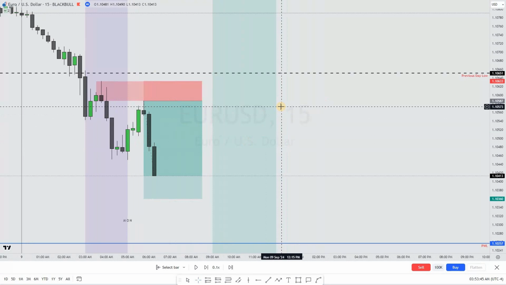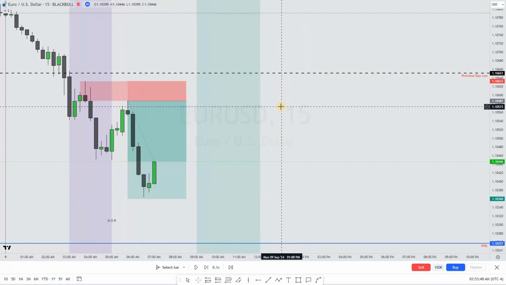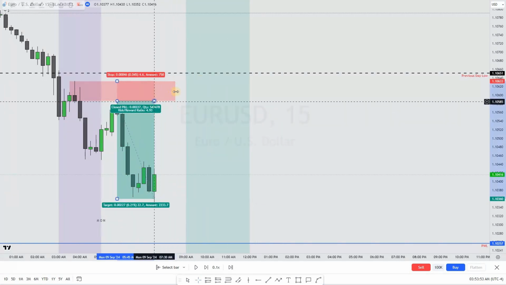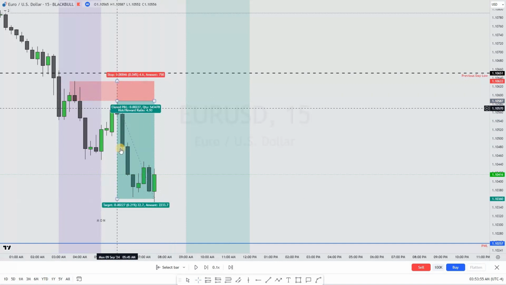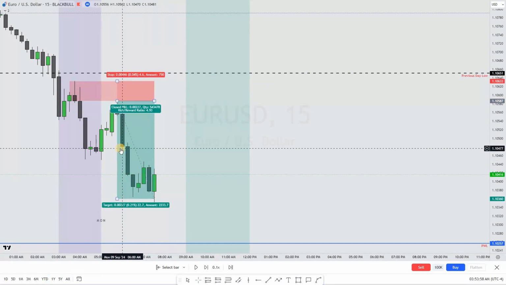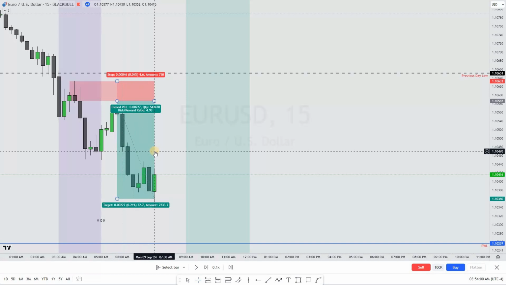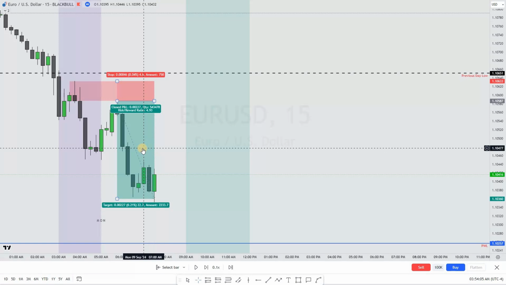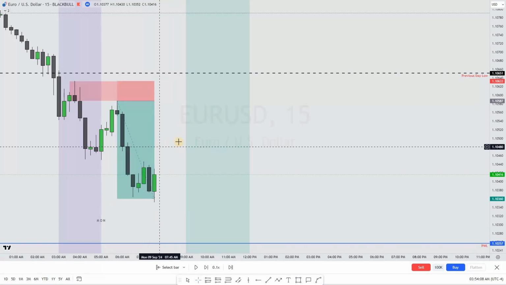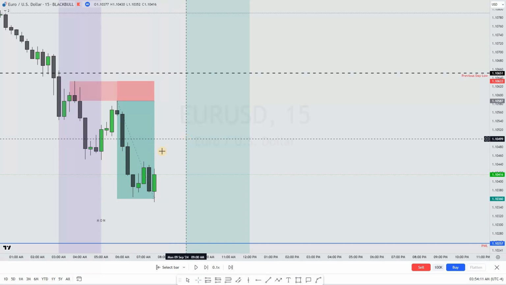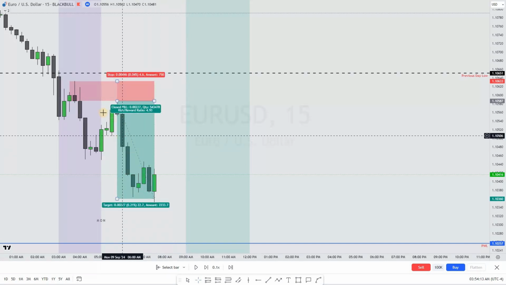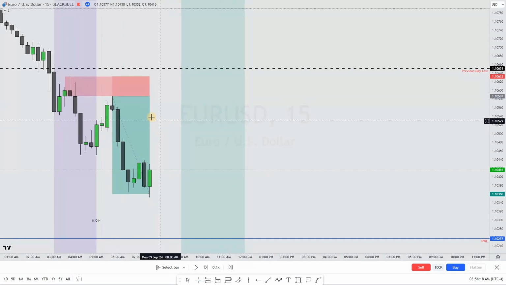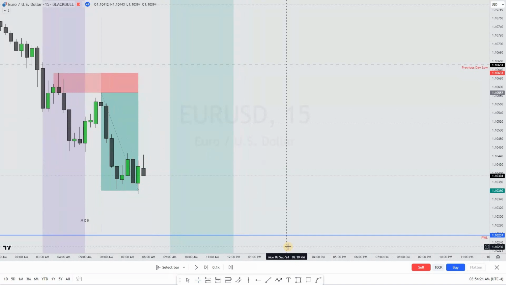As you can see, price moved, retraced, and then boom, I was out. So this trade, I categorize as a London session, even though we almost entered into the New York. Like this 7 a.m. is technically a New York open for Forex, but my New York open is 9 a.m. I usually still consider this as a London session because the setup was also during London session. So yeah, after that, I sat and then I waited.